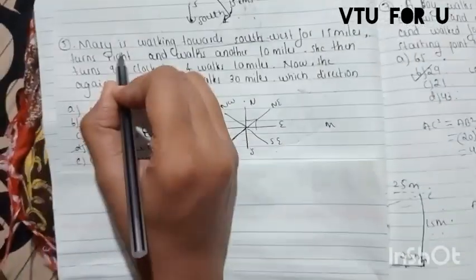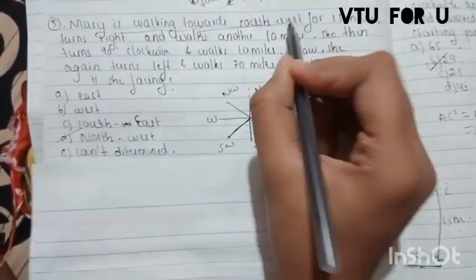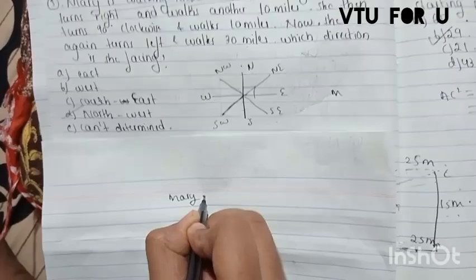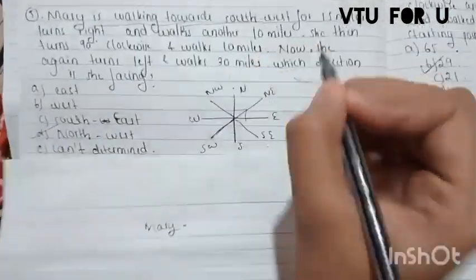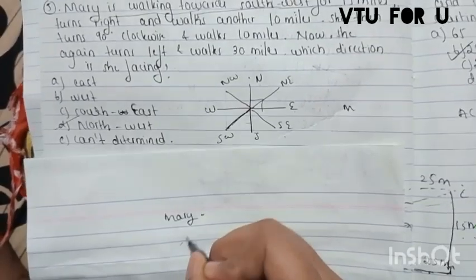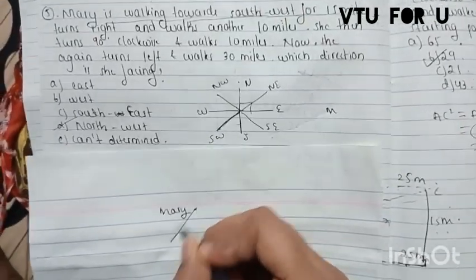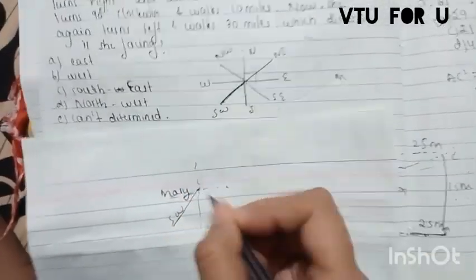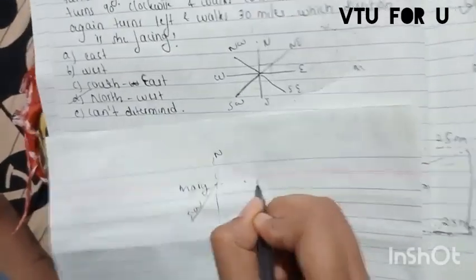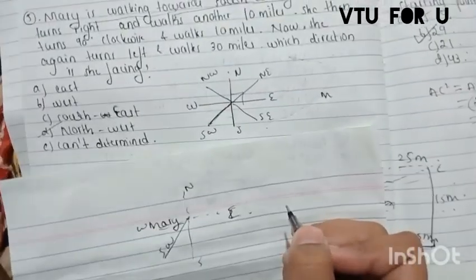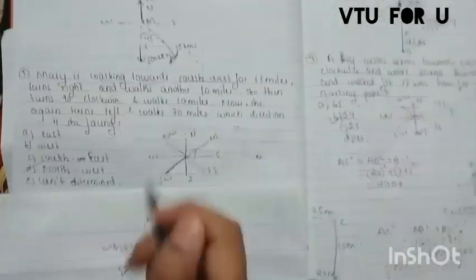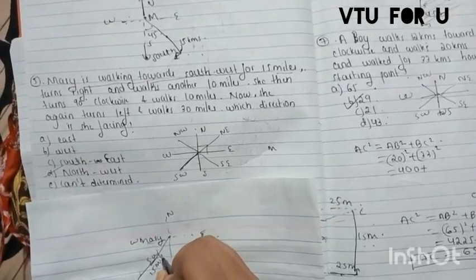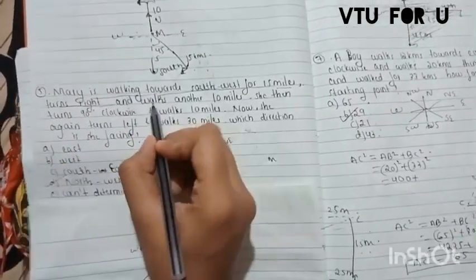Okay, they are telling that Mary is walking towards southwest for about 15 miles. Consider Mary here. This is Mary. As we all know, this is southwest. So Mary is going to walk for 15 miles in a southwest direction. Make the directions as early as possible. This is north, this is south, this is east, and this is west. Then what happens? For 15 miles she walks, then turns right and walks another